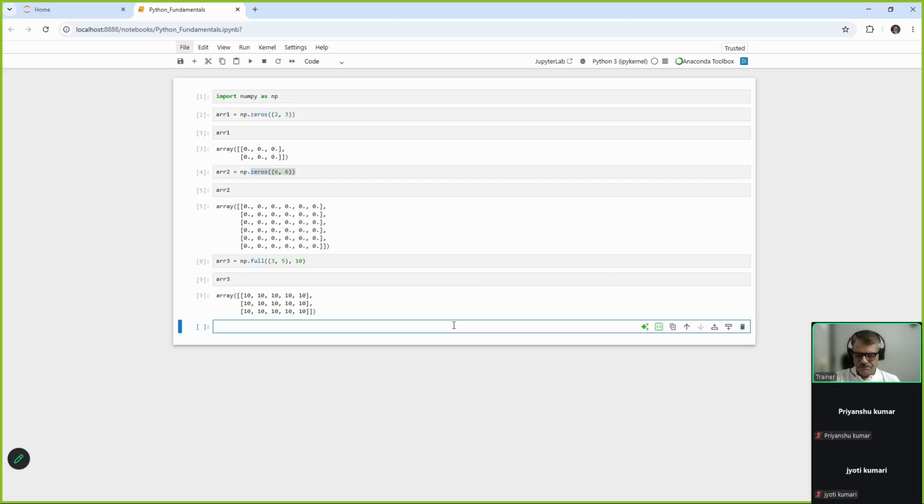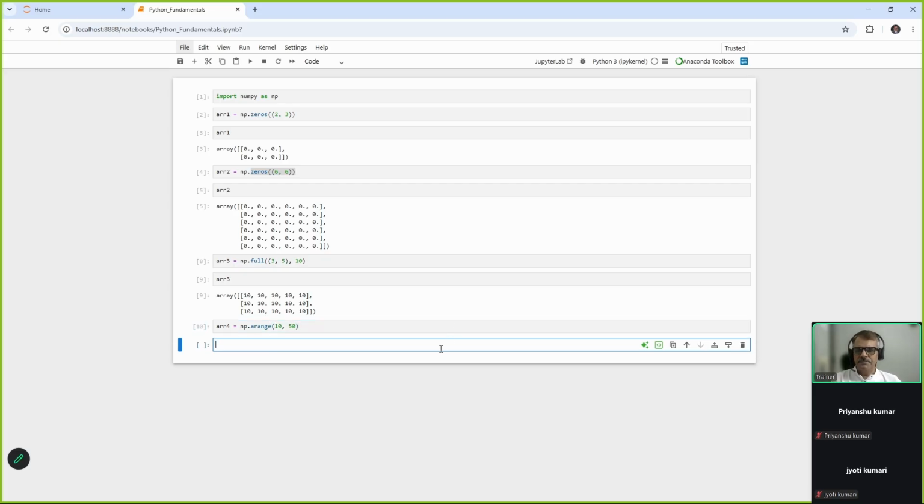Let's create R4 equals to np dot arange. So it's a function. Okay, arange is a function. Then specify the lower limit and the upper limit. So lower limit is 10, upper limit is 50. Run this cell,